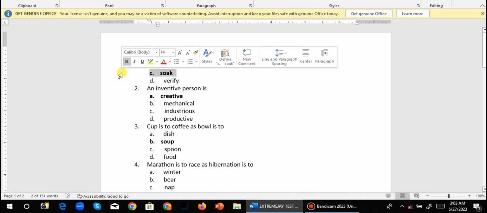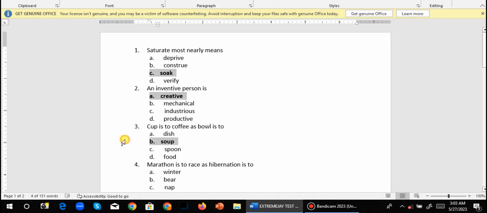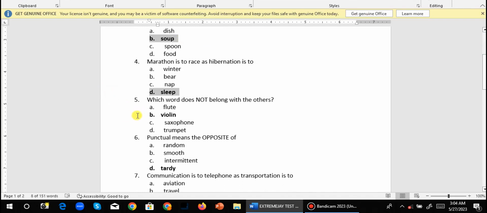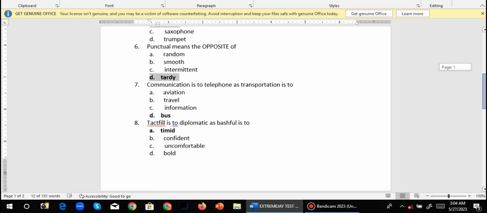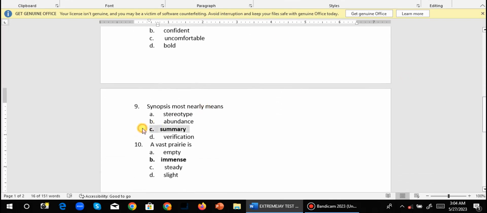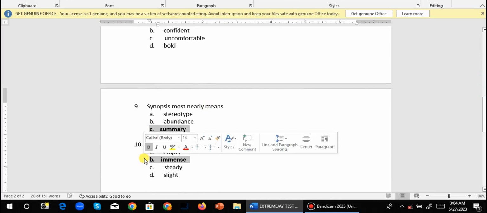So I have these answers. Let me select all my answers out. Okay, my answers are selected. I want to color them something else, so you can decide to use any color you want, or you can leave them darkened or boldened. So the next thing I will do after coloring my answers,